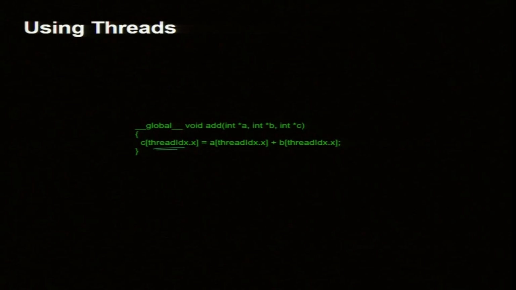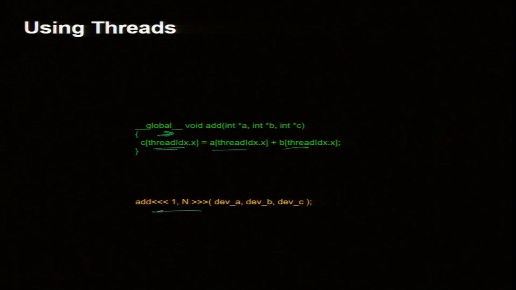So, with thread ID, in a given block I have only threads, and there is only one block. So, I can just add A[thread] plus B[thread] is C[thread]. Thread is the index, but when I have more blocks, then I need to get the index for different blocks. There will be something here, but not right now. The call is just 1 comma n, 1 block and n threads. So, the code remains the same except this one line change.